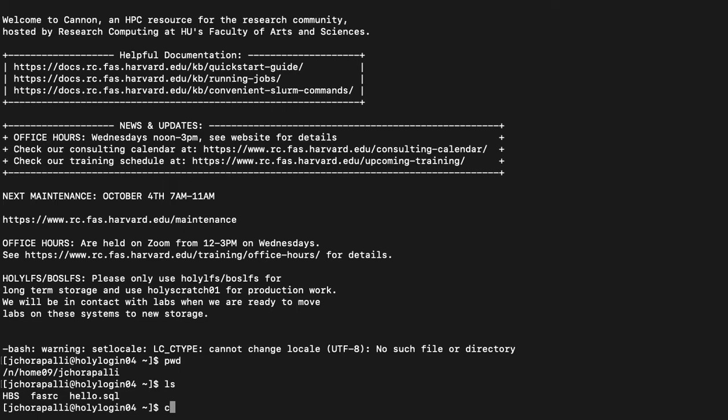You just need to specify cp, the source file path. I have a Python file in the HPS directory, so I'll just copy that to my root directory. HPS, the name of the Python file is sample.py, and the destination, which is nothing but the root directory. You can just specify it as a single dot, otherwise you can also give the entire file path, which is nothing but